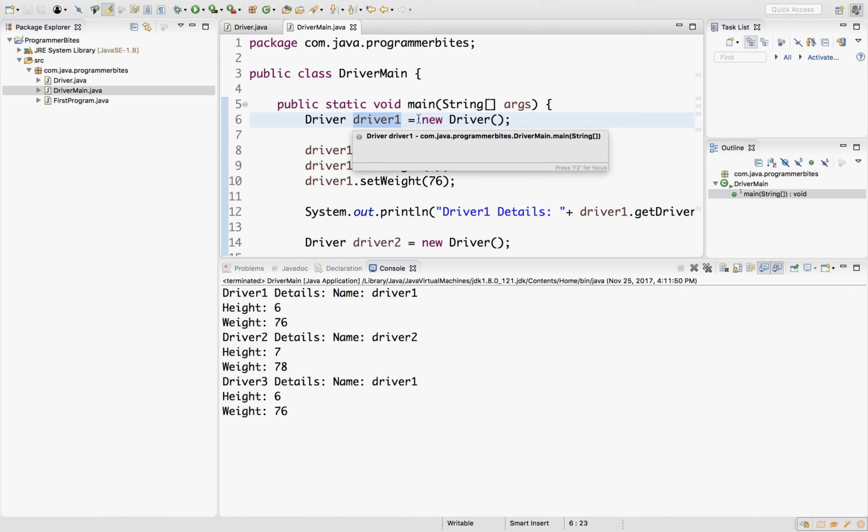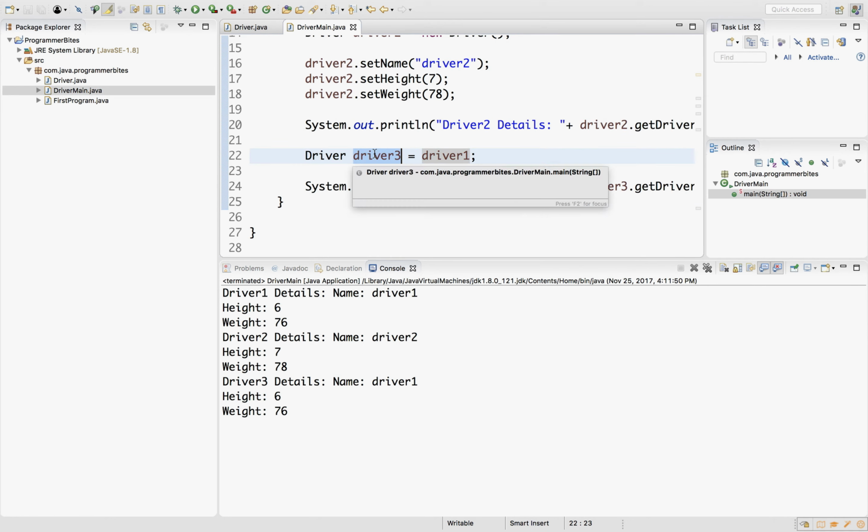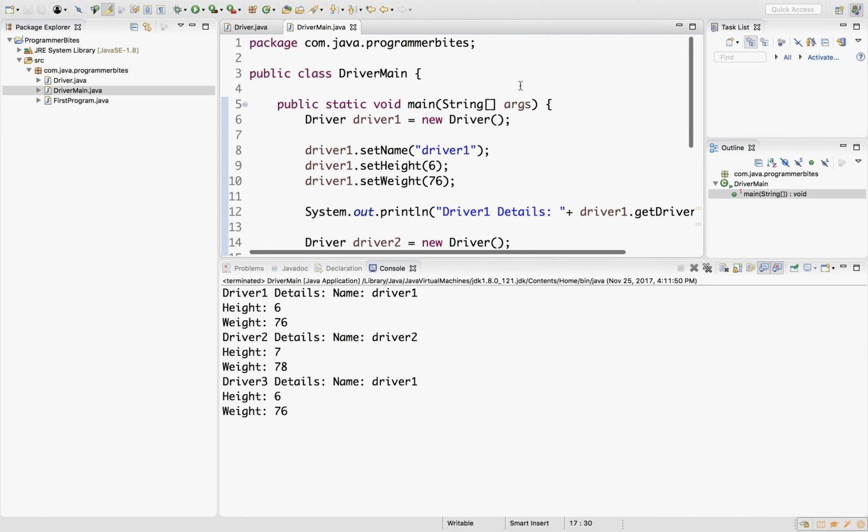So we created an object using the new operator and we assigned an object to a reference variable. Each and every object has their own